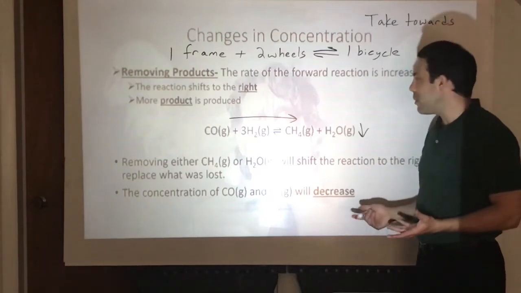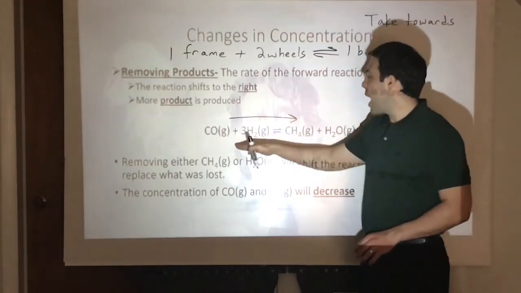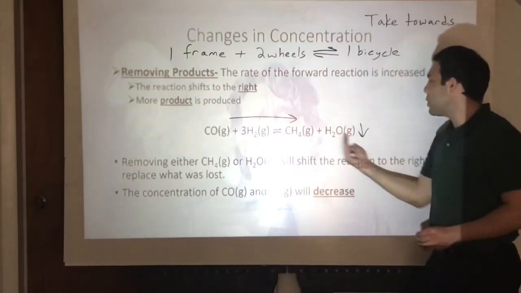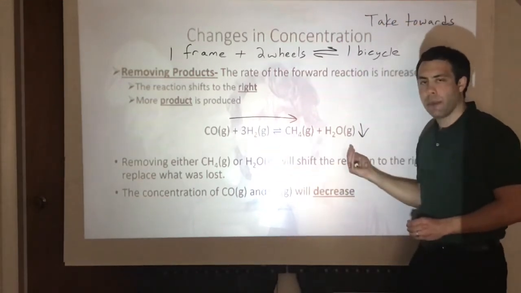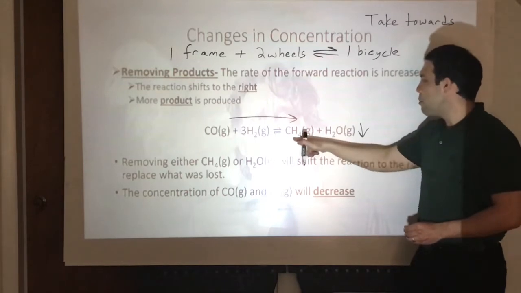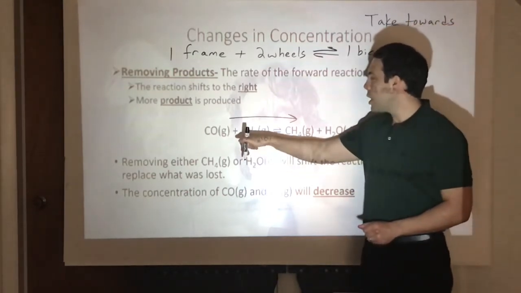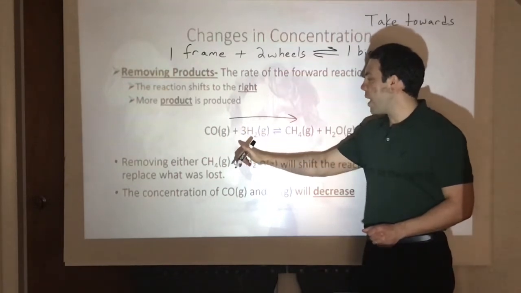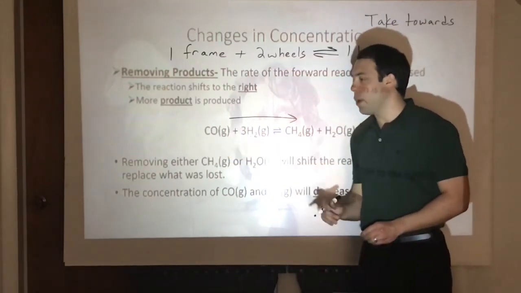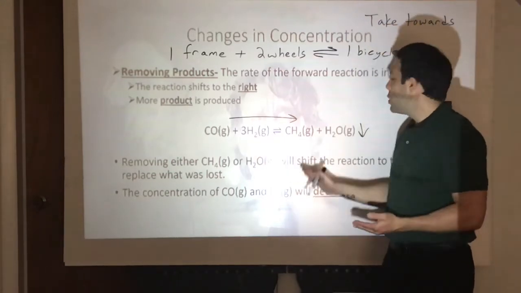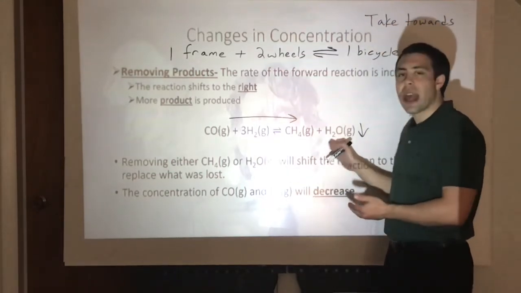How does that happen? The CO gas will react with the H2 gas to produce more H2O. As a result, more CH4 will be produced, and as a result, there will be a decreased amount of H2 gas and CO gas. So the CO and H2 are used up to make more H2O, and as a result,